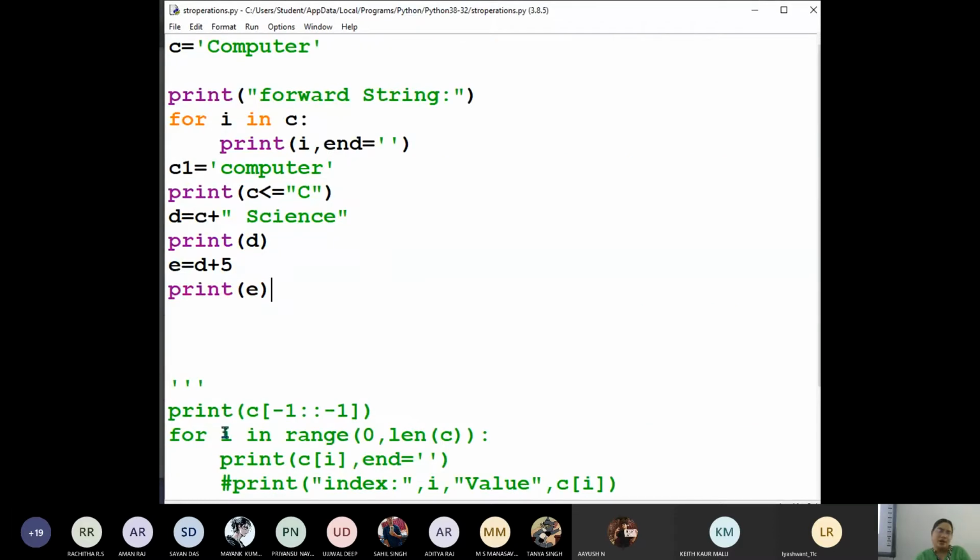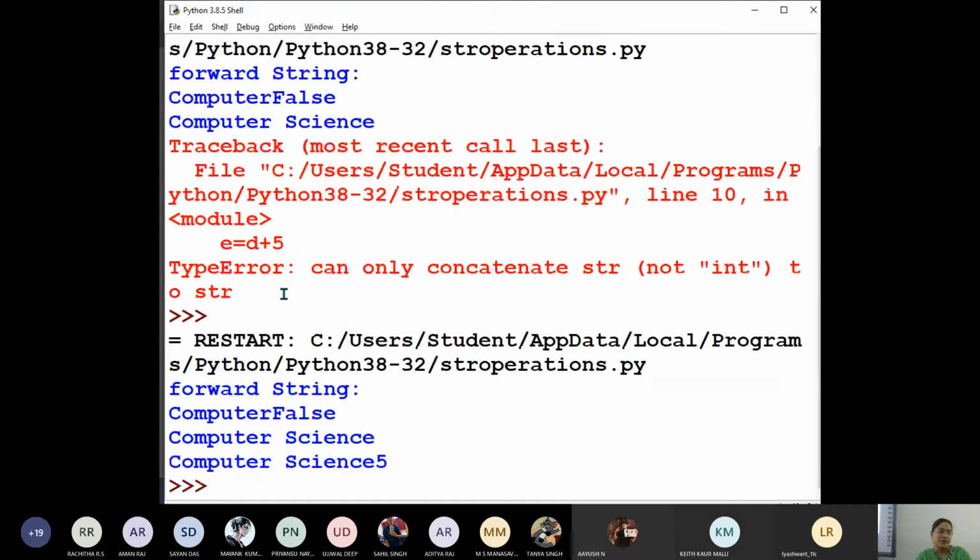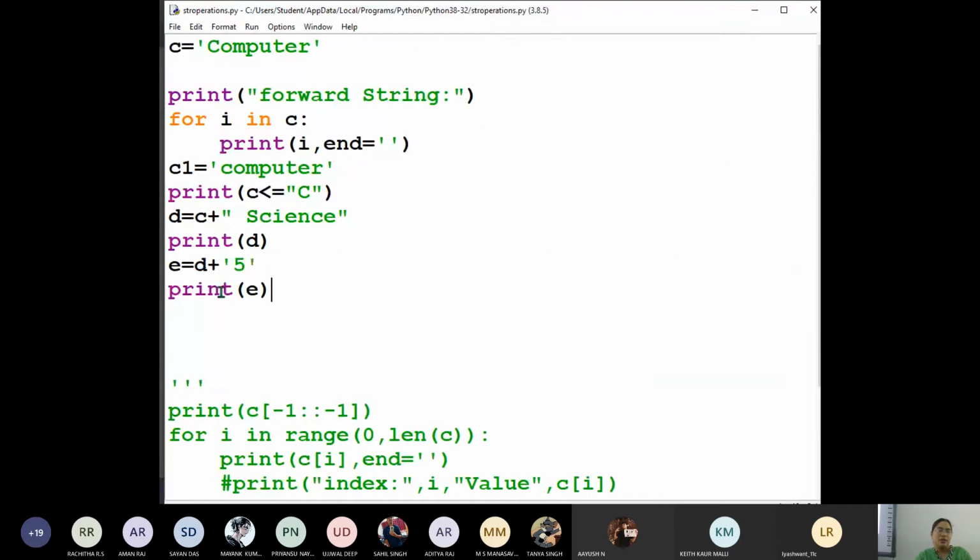What type of error? d is a string type, 5 is an integer, so they cannot join together. If this 5 is within inverted commas, then 5 is also an alphanumeric character, like an alphabet only. Then it can be added. But if it is a number, we cannot join. Is it clear to everyone?